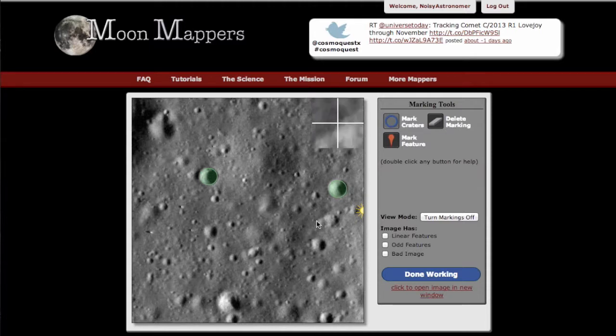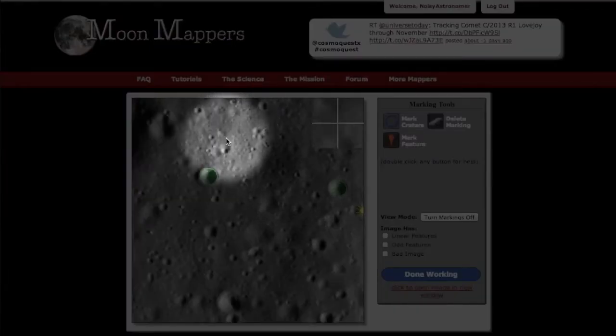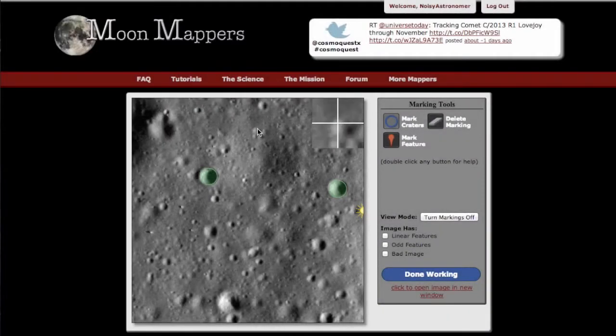You want to look for sharp craters such as these, as well as craters that are more faded or harder to see. A good example in this picture is this circular depression that I'm circling right here. So here's the center of it. Again, you have that pattern of dark to light across the depression, which tells us that this is probably a